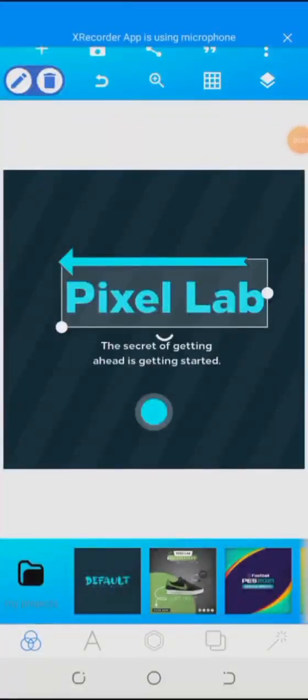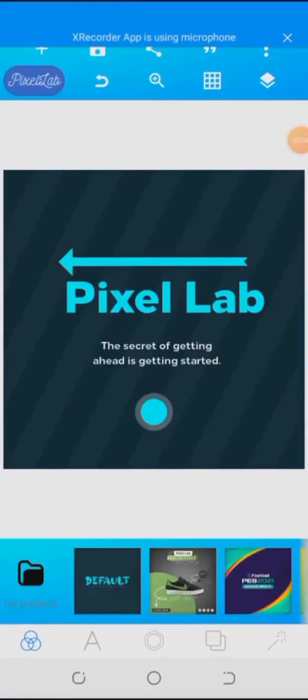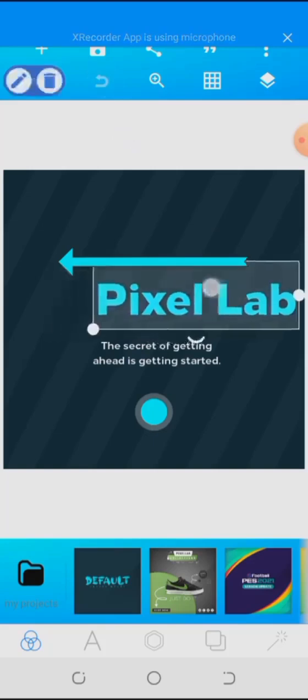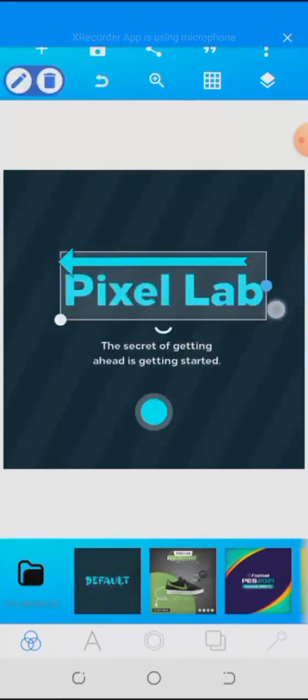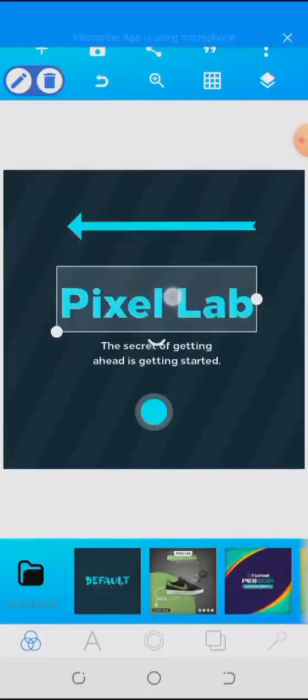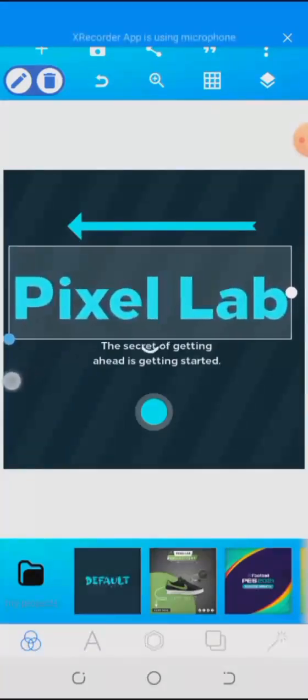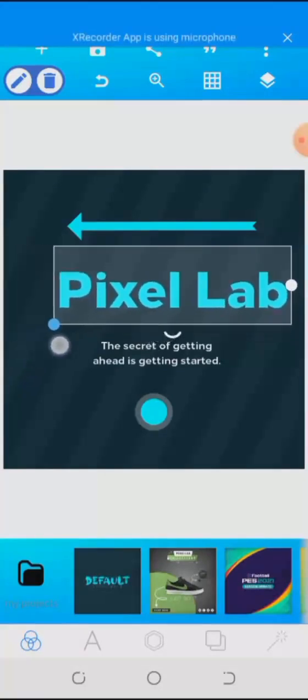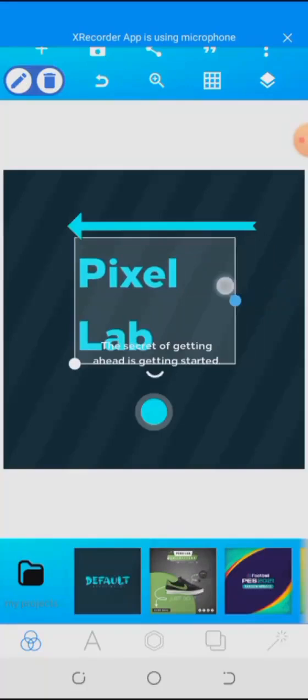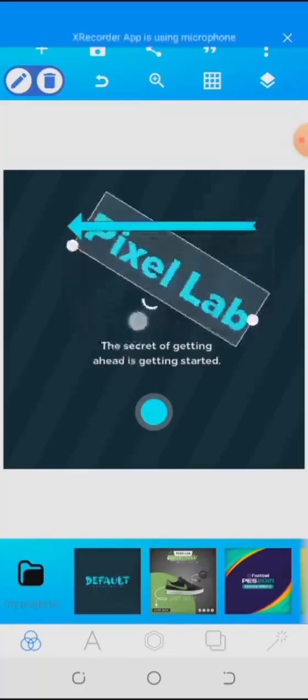Hello everyone, welcome back. In the last video, I taught on the recover autosave. I just explained that. So we'll be looking at the redo. Let's say I do something with this now. Any element you're highlighting, if you want to increase the size of it, you tap here and drag. If you want to rotate,